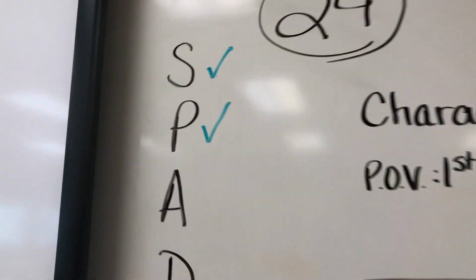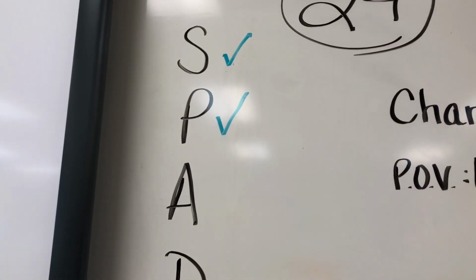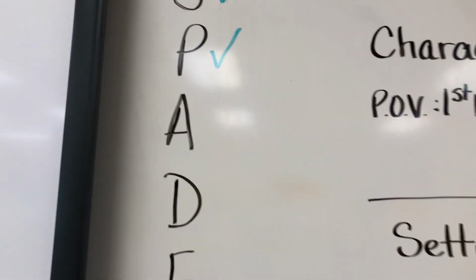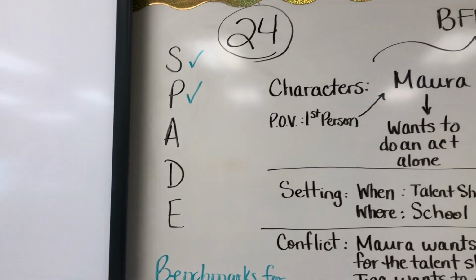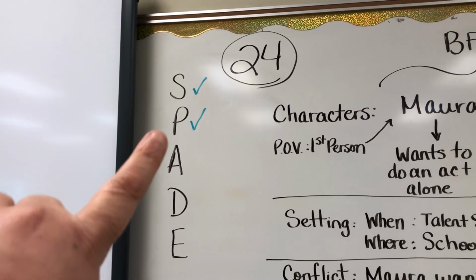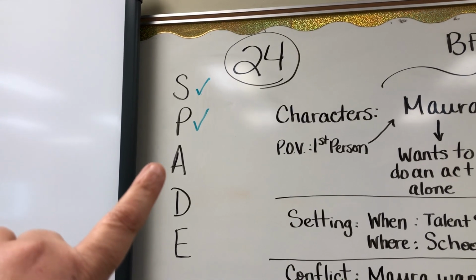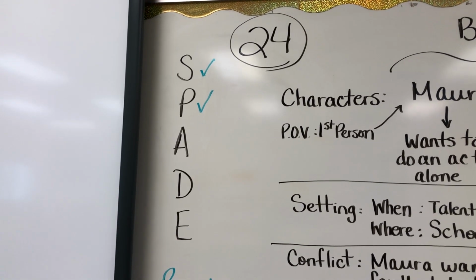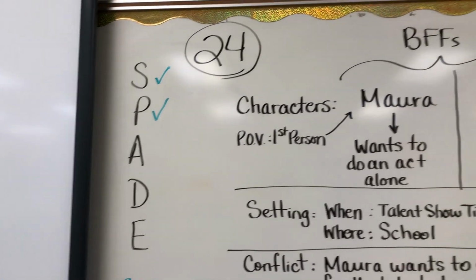And as you can see, we should have another check here for my afternoon class for SPADE. That is one of our reading strategies. It stands for survey the text, predict, analysis plus annotations equals close reading, dissect the questions, and evidence. Use evidence to back up your answer. So that is pretty much what our lesson today was in ELA.